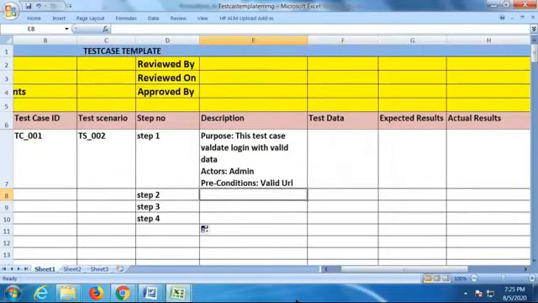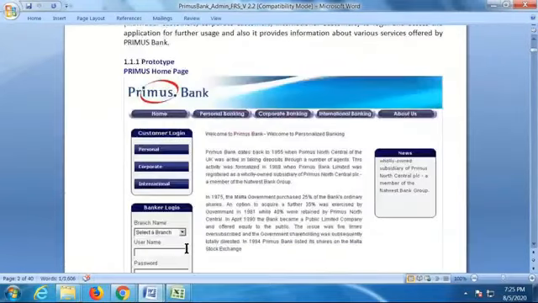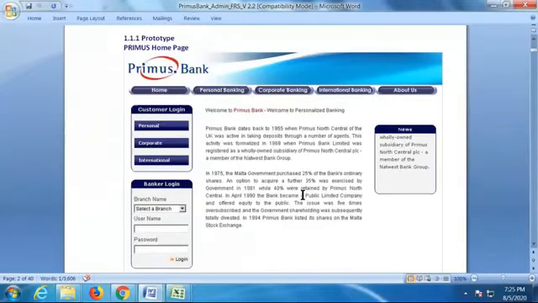Look at this scenario. Look at this documentation. Simple. They gave a diagram. See, if I want to log into my application, what should I do? I have to get this page compulsorily. Yes or no? I have to get this login page. Without getting this Primus home page, we cannot directly log into it. So what do you say? Step number two